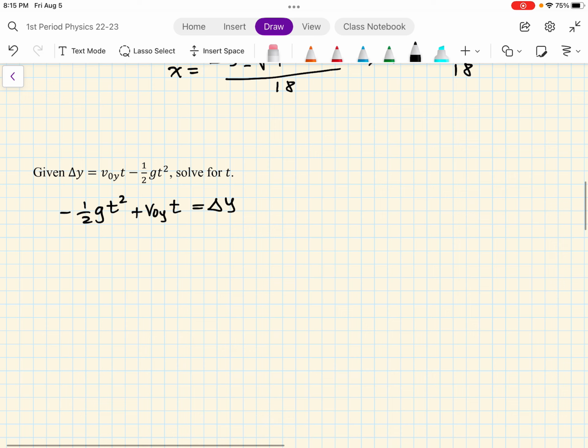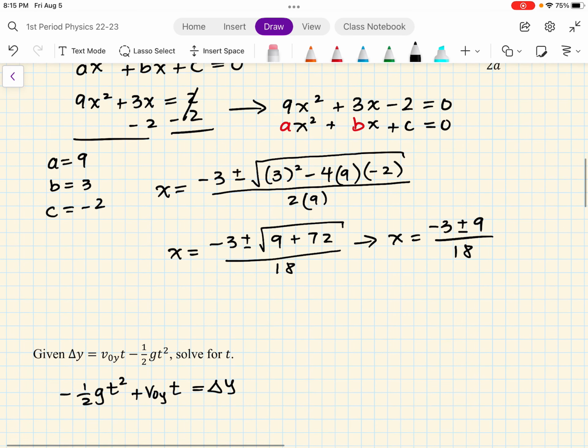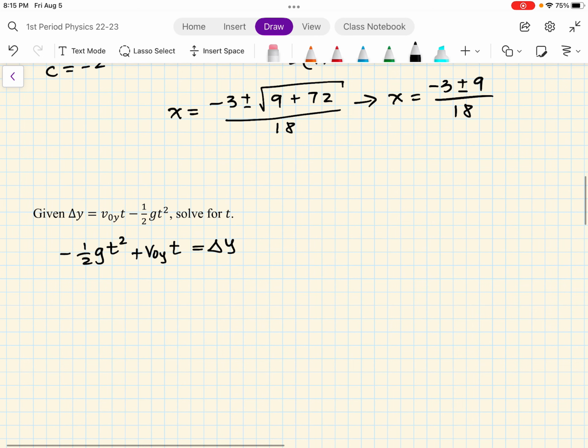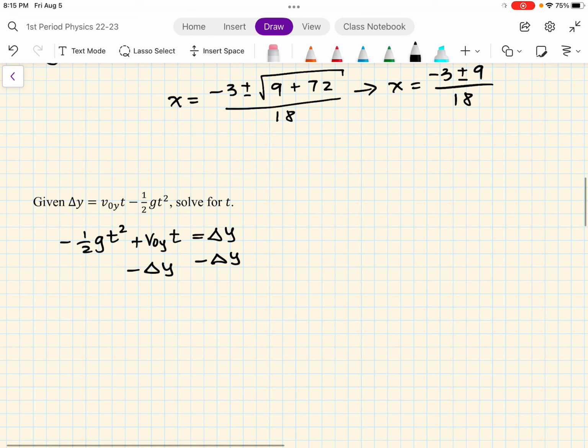In this case, I need to make sure my equation is equal to 0. How do I do that? Well, I'll move this delta y. If it were a number, I would just subtract the same way I did with the 2, right? So I'll do minus delta y because delta y represents a number. And now,